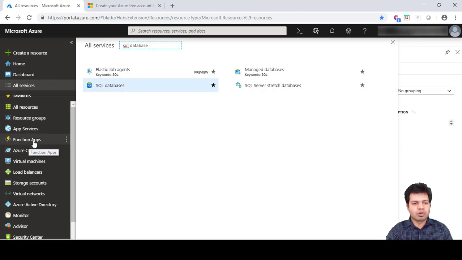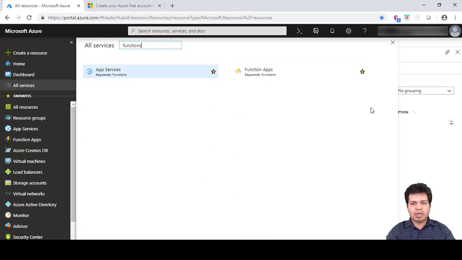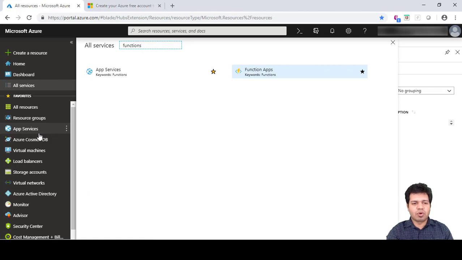Similarly, if you don't want function app, you can type function app here, right, and click on the star button, and then function app will also go away, right? Now this is if you don't want any specific services as a quick link on the left hand side. But if there are services you want to include on your left pane as a quick link,